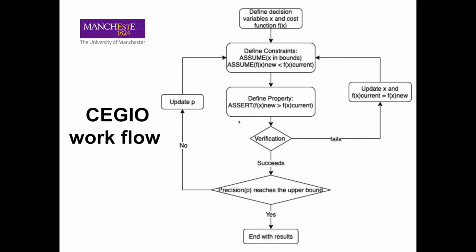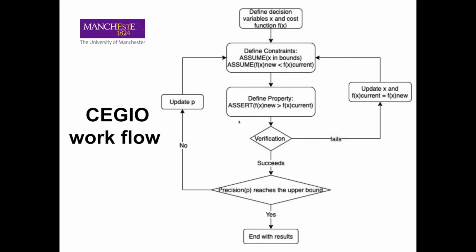Starting with defining the decision variable x and cost function fx, we define the constraints with assume, which is x in bounds, fx new smaller than fx current. Fx current is the current cost function value, and fx new is a smaller cost function value we would like to generate. Then we define the property with assert, fx new larger than fx current, and we pass them